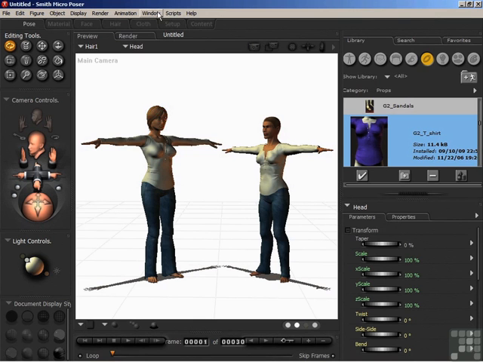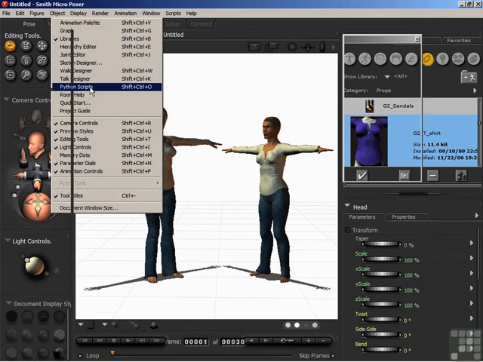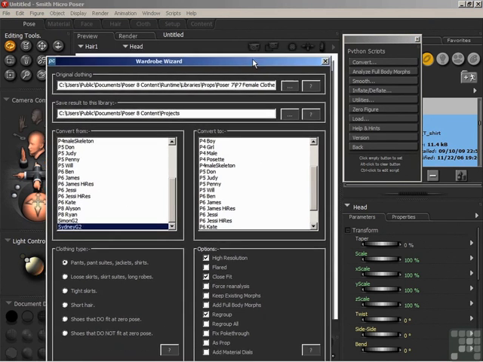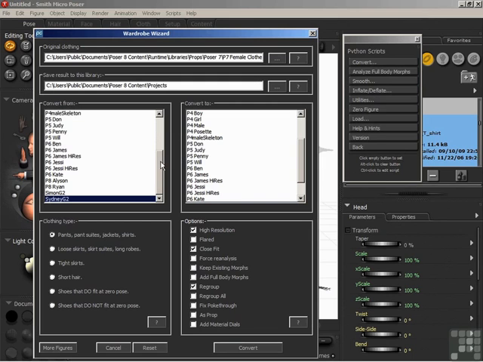I'll just open up the Python script window to let you have a look at what the Wardrobe Wizard control interface looks like. There's listings here for most of the legacy figures included with Poser, and you can convert from one to the other. But it's also possible to obtain more figure setups from Phil C., the guy who actually wrote Wardrobe Wizard. It used to be available separately from Poser, but now it's actually built into the program, and later on I'll be showing you how to use Wardrobe Wizard with a little bit more detail to convert your clothing from one